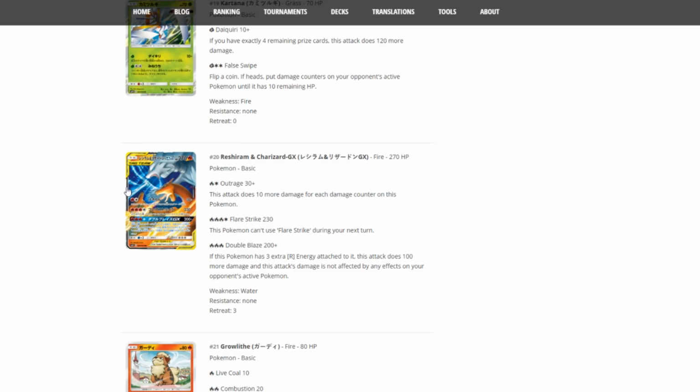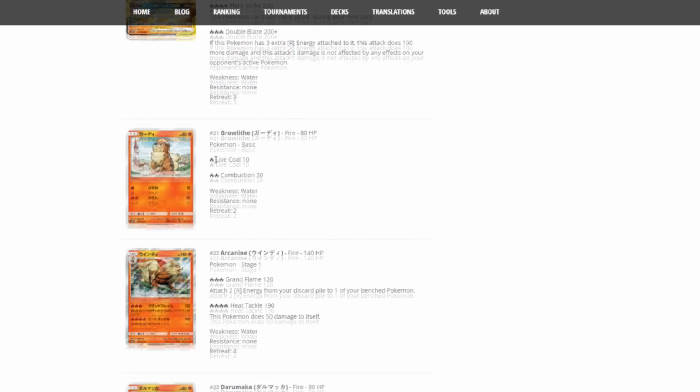So we will have to see what kind of fire support we get, because right now, as it is, this card is just another Charizard card that has a big number of HP and a big number of damage printed on it. But keep this card definitely in mind, because once we get to the later sections, this will become relevant again. Growlithe